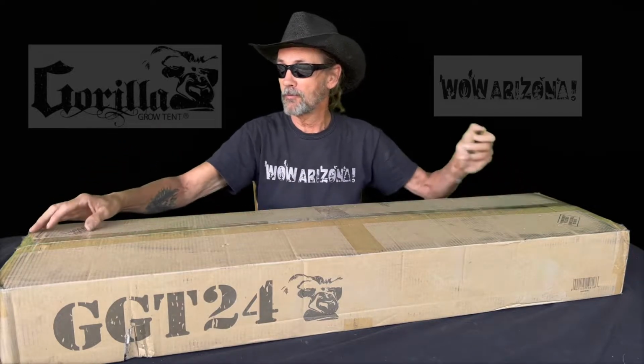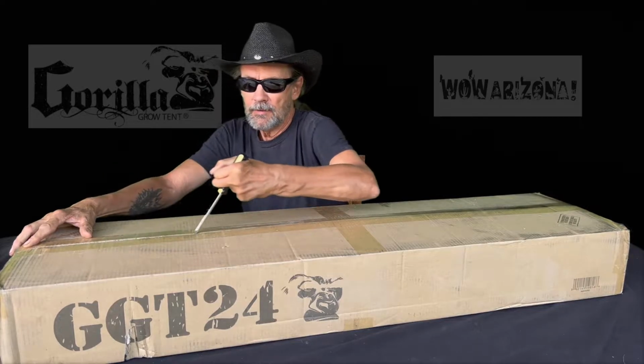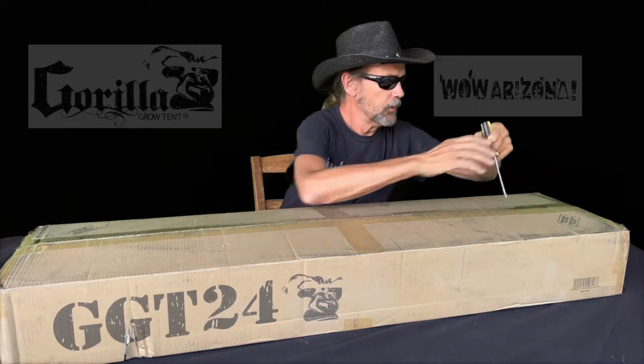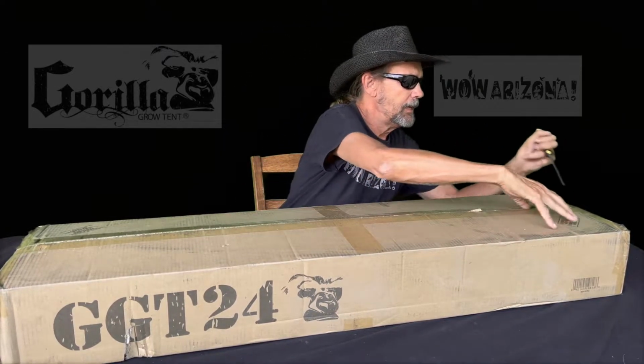Let's start with the 2x4 tent. I always use a screwdriver with a very dull edge to break the tape. Even though Gorilla Grow, I have several of their tents, they're always good to keep a